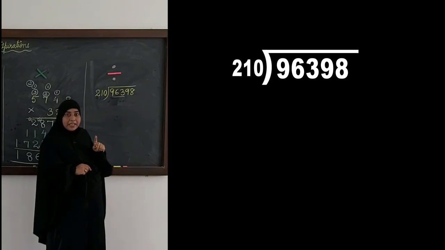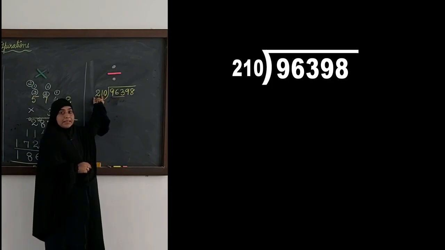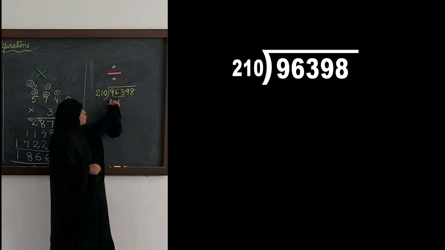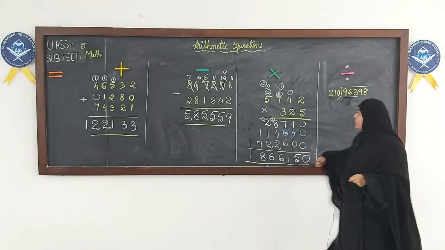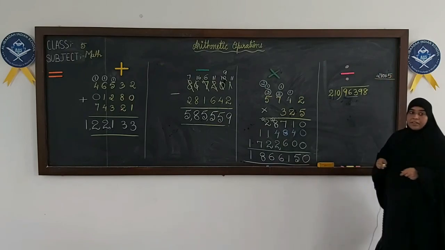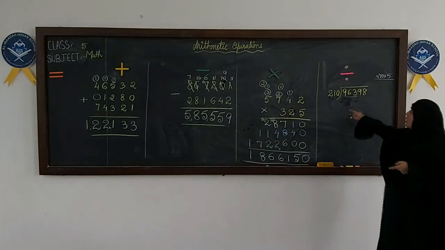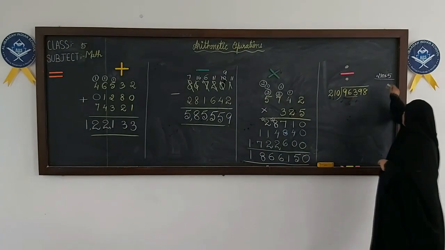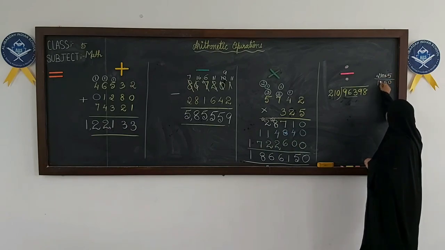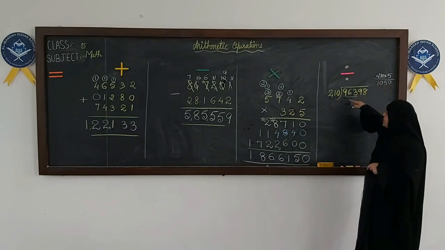Okay. So we have to see how we come closer to this number with 210. Okay. So 210 into what will be close to 963. So let us first try 210 into 5. What is the answer I will get? We are estimating here. Okay. We are trying which number will be close to 963. Fine. So 5 into 0 is 0, 5 into 1 is 5, 5 into 2 is 10. Now we got 1050.